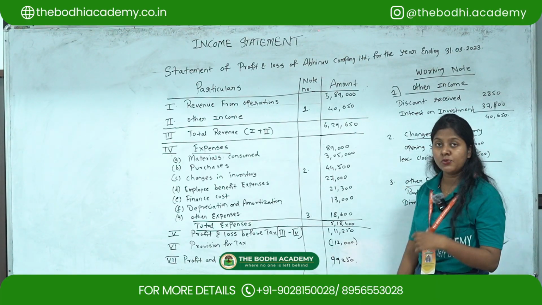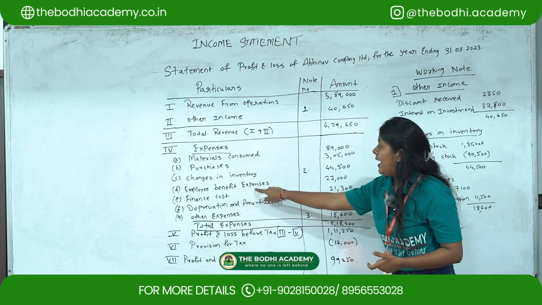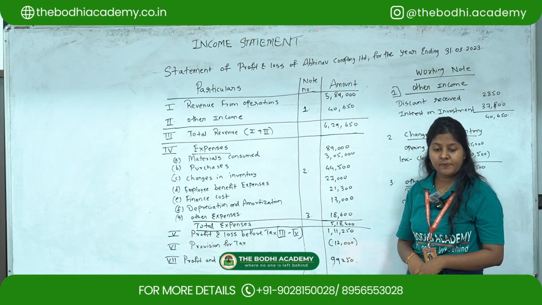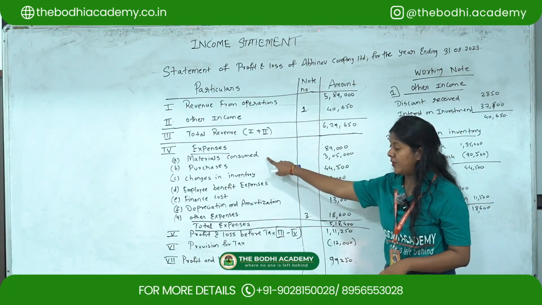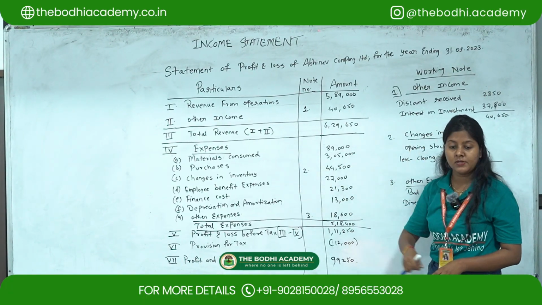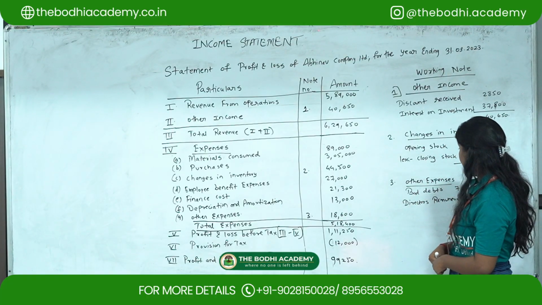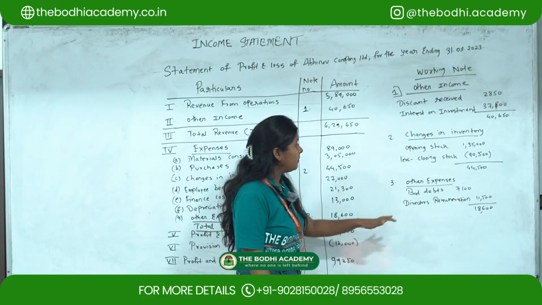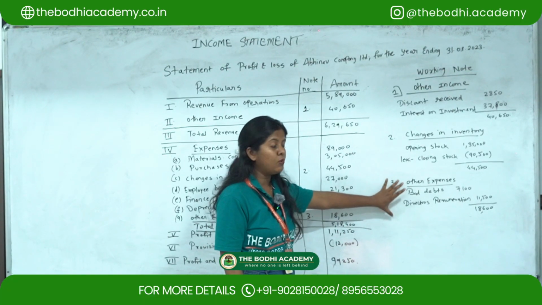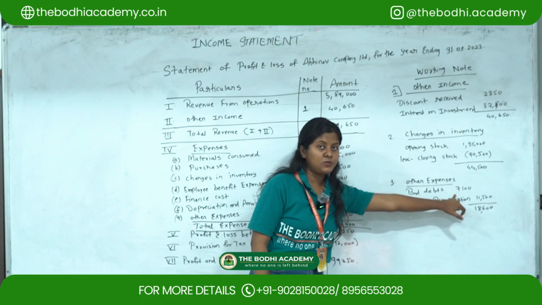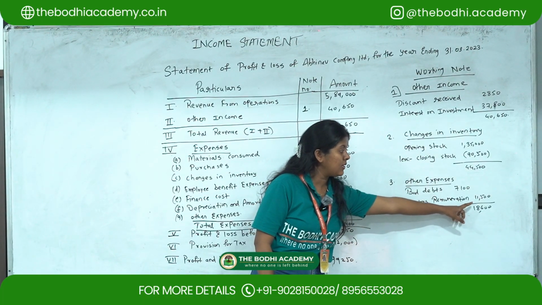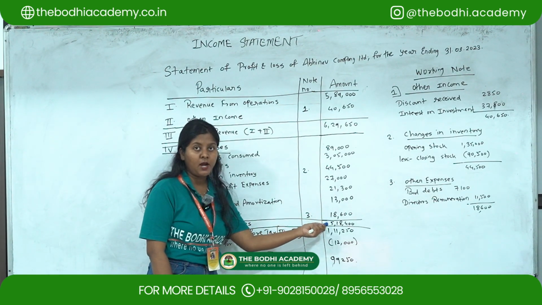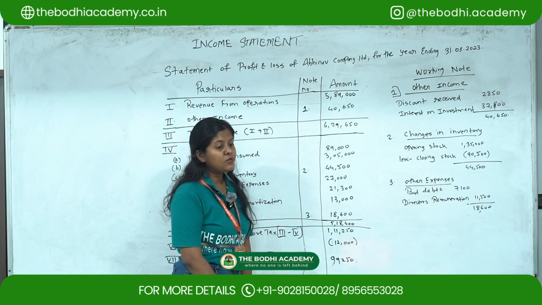Next, salaries to staff. Since salary to staff is an expense, it will come under employee benefit expenses as 27,000. Okay. Then material consumed, the direct amount they have given for material consumed as 89,000. Then directors remuneration they have given as 11,500. Directors remuneration is an expense for the firm. That's why we put it under this head and we put a working note. Other expenses: bad debt 7,100 and directors remuneration 11,500, and we showed the total amount over here under the other expenses part, 18,600.